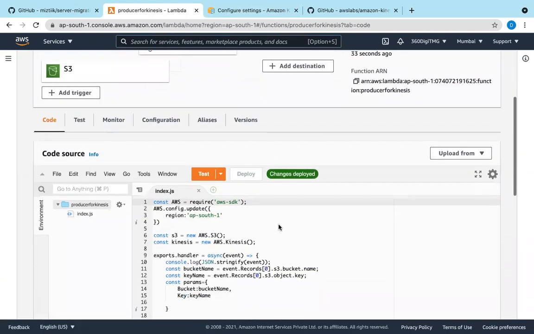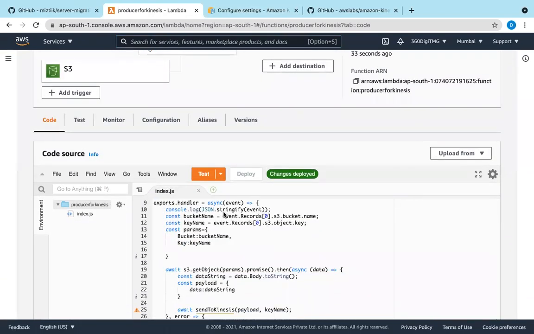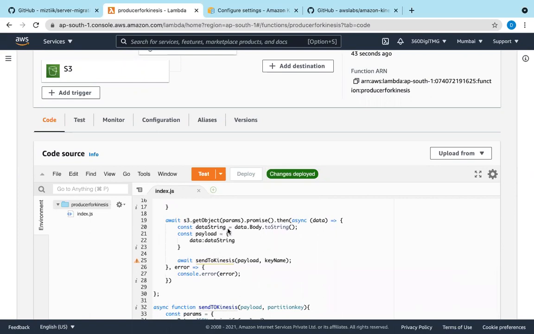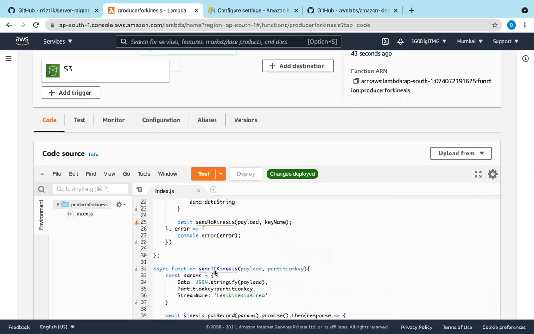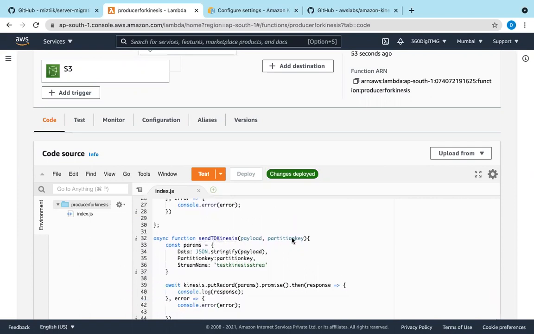And what this code contains, it logs these values. It reads the event and pushes the data into Kinesis, the test Kinesis stream.